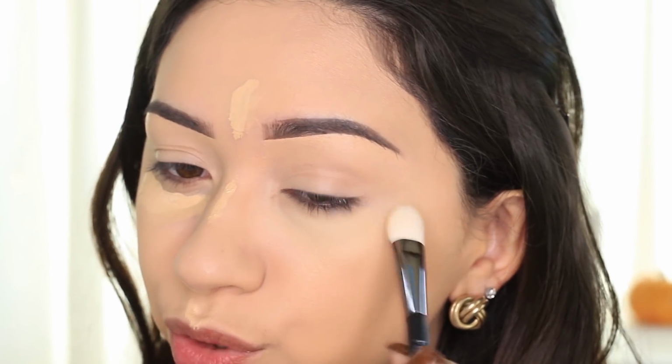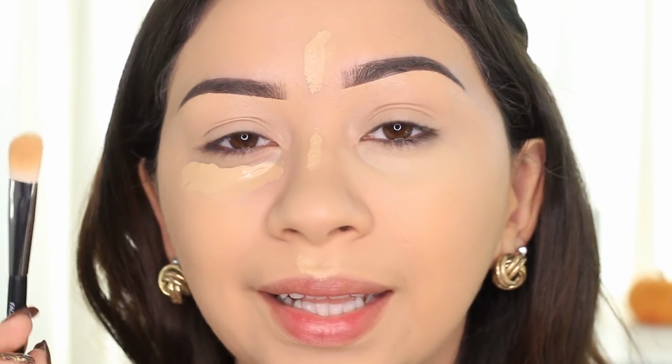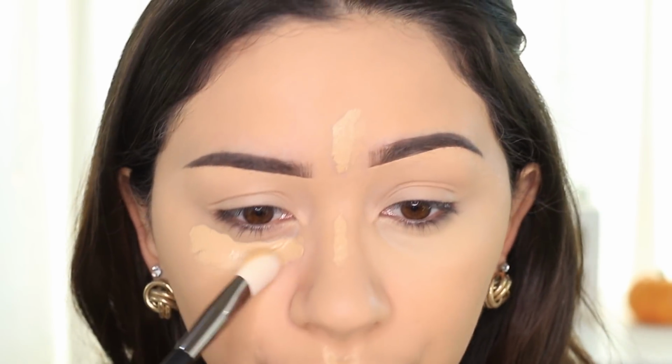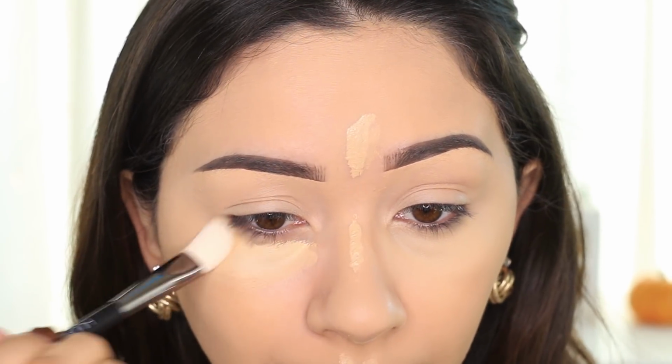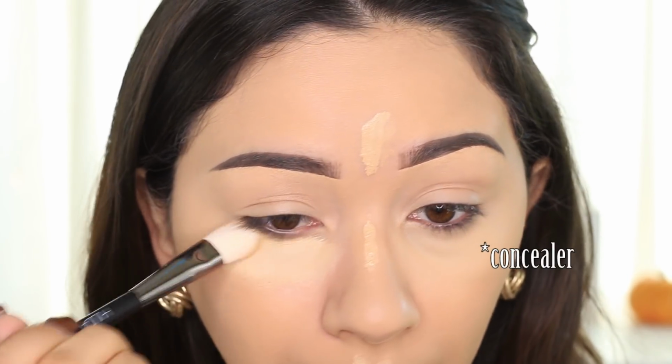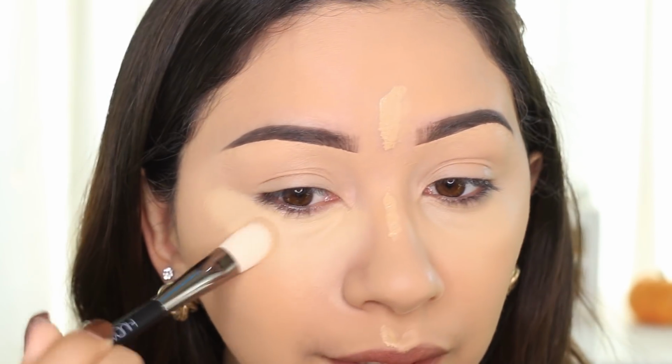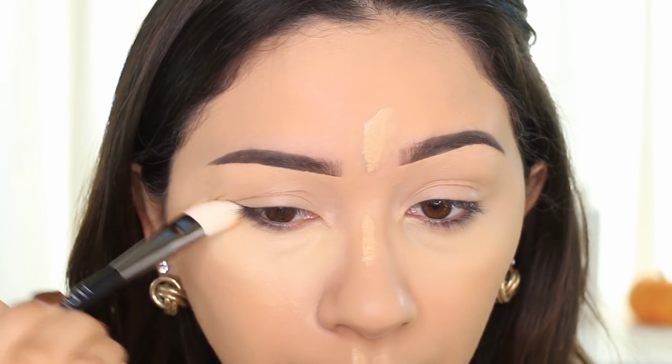My expectations were low for the brush. Okay, it's pokey though. I don't like that it's pokey, but I do like that it blended it out. So let me go ahead and do this eye. The foundation seems like a super full coverage foundation. You only need a little bit. I feel like I applied a lot of product on this eye,